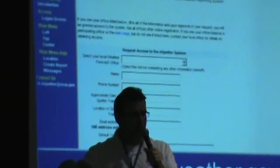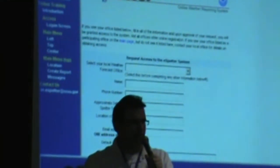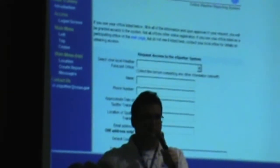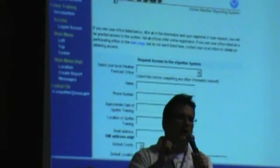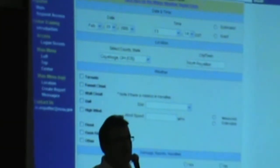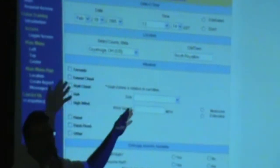Gary Garnett, the warning coordination meteorologist for the National Weather Service here in Cleveland, conducted a Skywarn meeting down at the Red Cross in Akron a couple weeks ago. Now here is a little bit of what he had to say regarding how the National Weather Service is really the focal point to be able to receive severe weather information such as storm reports and quickly disseminate that information